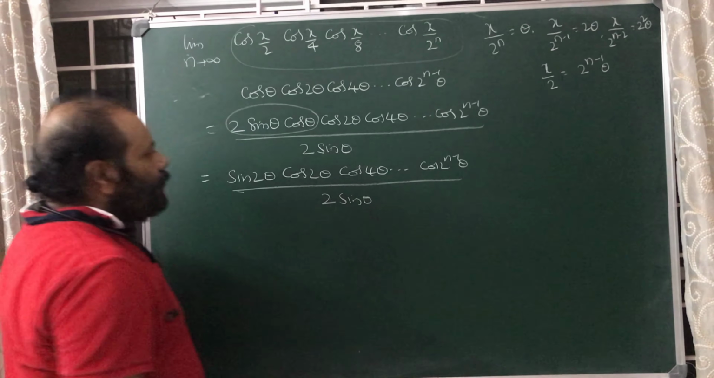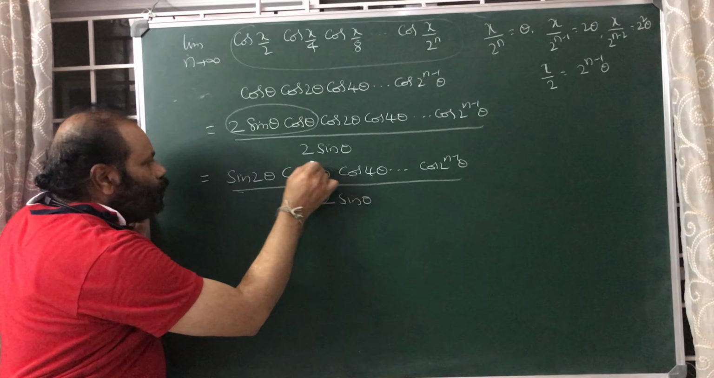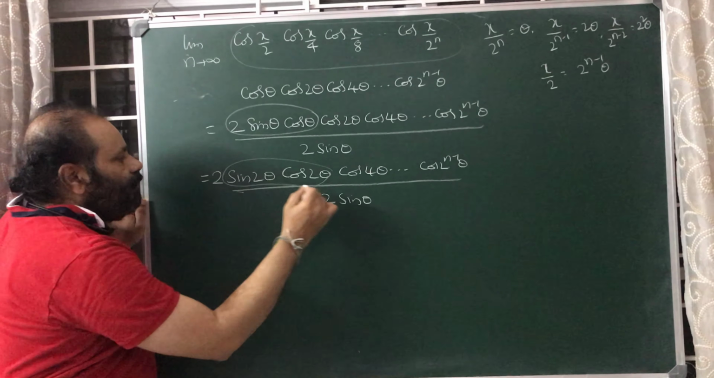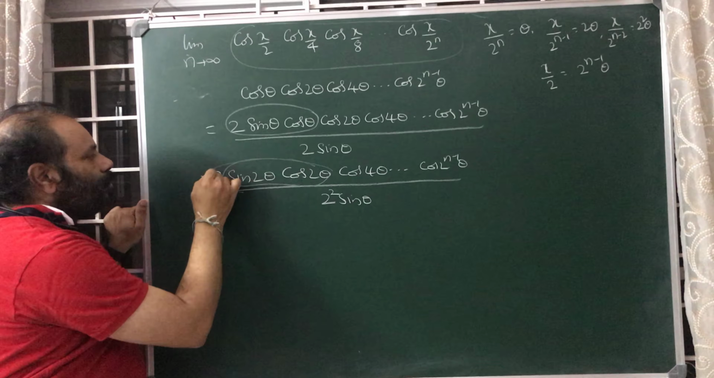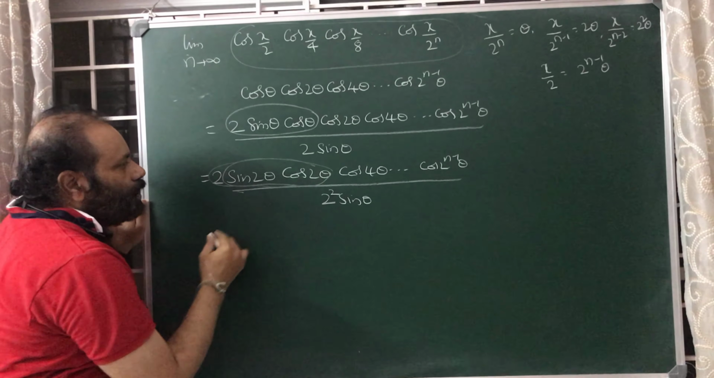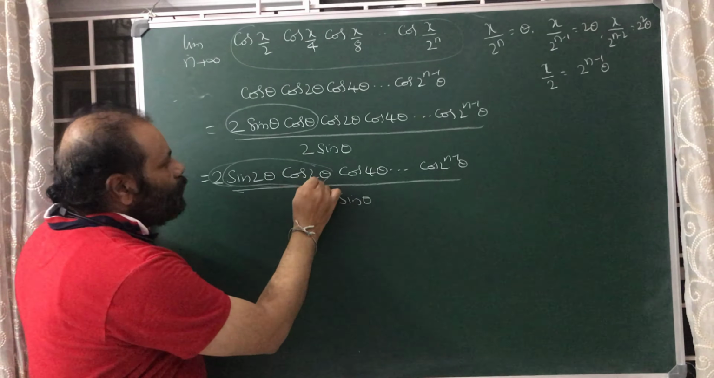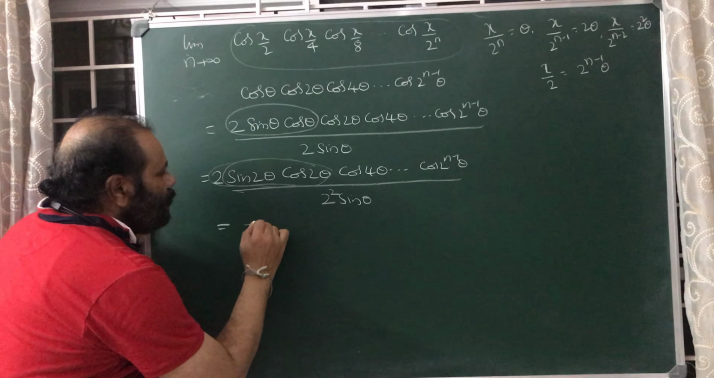So I want to write the entire question as a simple function. Again here sin 2 theta cos 2 theta is there, so I want to multiply and divide with 2 again, so that sin 2 theta cos 2 theta will be equal to sin 4 theta. Then sin 4 theta cos 4 theta, and so on. Suppose you continue the entire procedure,